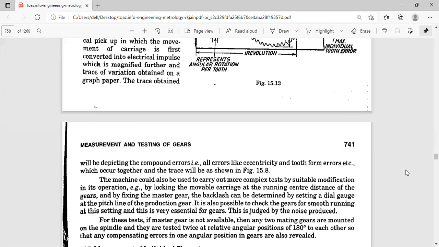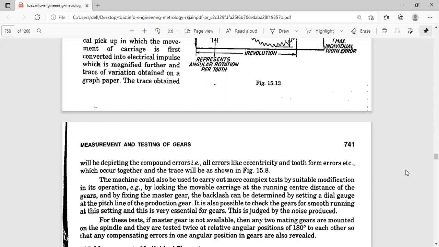Because backlash is very important for checking the smooth running of this gear, and if backlash is also varying, just like the consistency of the gear, there also you can have noise, you can hear the noise.